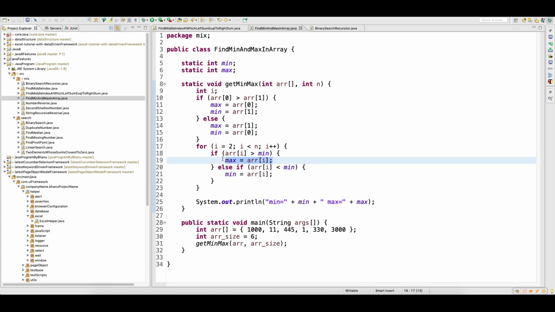If this is the case, which means there is a data which is going to change, so the max will change, because as per comparison, whoever is more than the mean, I am considering as a max, okay. And here also, whoever is less than the mean, I am changing the mean, okay. So that's how the logic will work.